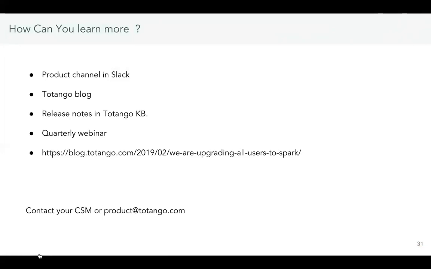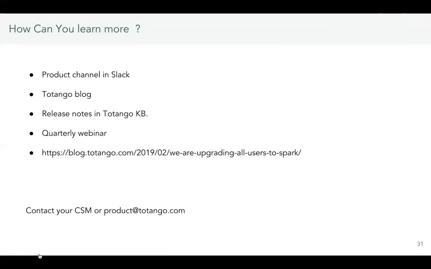I believe all of you already saw all the emails that we sent on cutting off the user interface of Customer Success Center and moving all users to Totango Spark. I hope you all had a chance till this point to experience the value of Totango Spark and experience the new interface. But if you haven't done so, I believe this is the time. And again, the CSMs or the product team are here to help you.